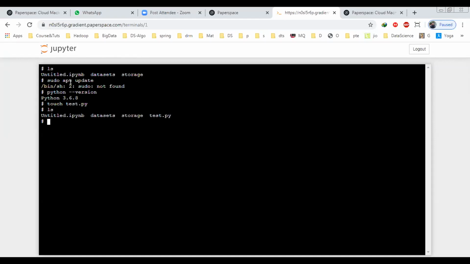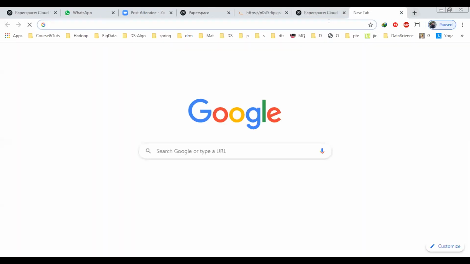Now, if you want to clone a repository, you can also do that. Just say git clone and then the URL of your repository.